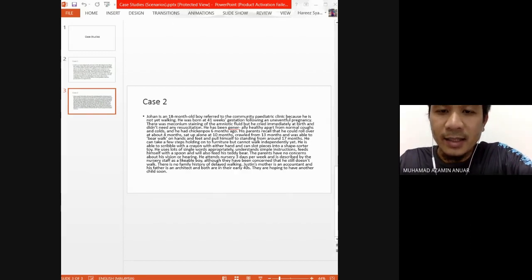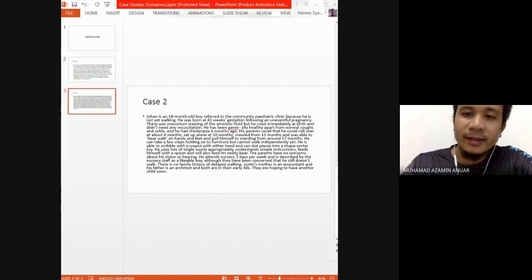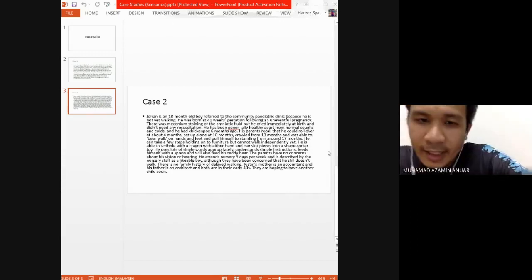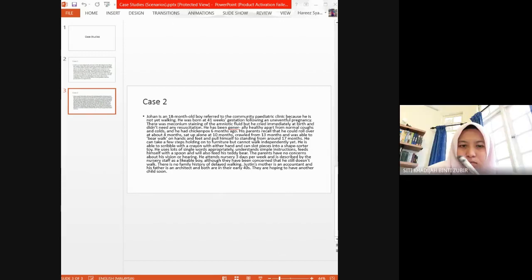So in this case, he was only starting to stand up around 17 months, and at 18 months he is still not walking. So it is a red flag. Okay, that's one about his gross motor. And then his fine motor: basically he scribbles with a crayon with either hand, where he has not developed hand preference yet. So hand preference, you expect at what age? 1 year, about 12 months. About 12 months. Okay, hand preference. 18 months.